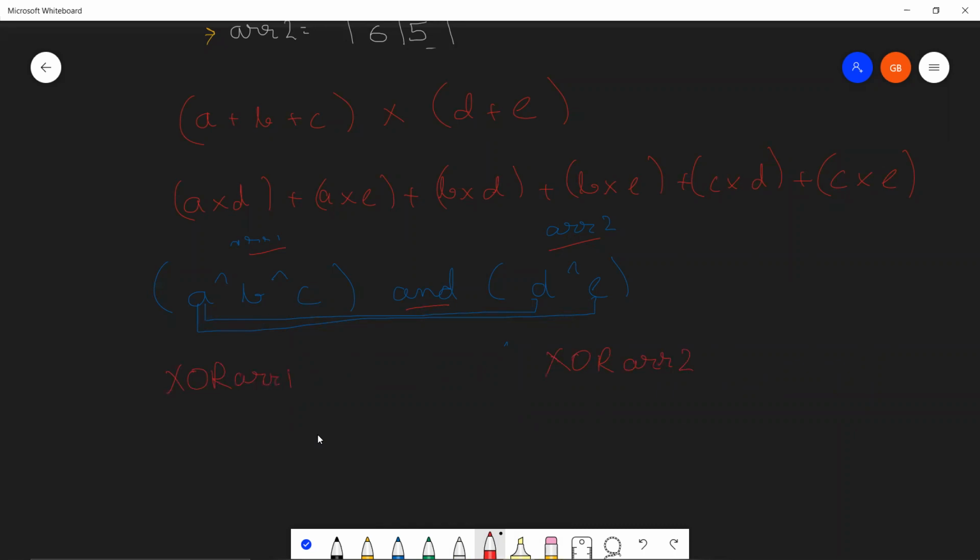Our final answer would simply be XOR ARR1 AND XOR ARR2. So this simple observation of the distributive law would help us simplify this problem to a great extent, right? Using a loop, you can easily find the XOR sum of ARR1 and ARR2. And then when you find the XOR sums, all you have to do is return the AND between those two XOR sums.